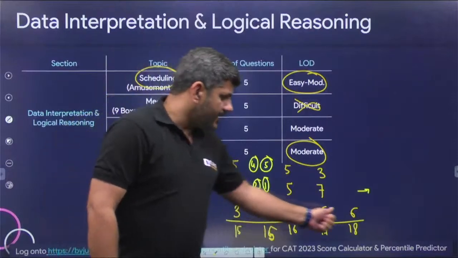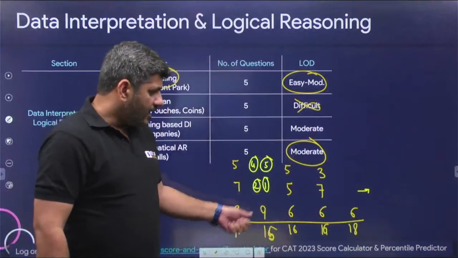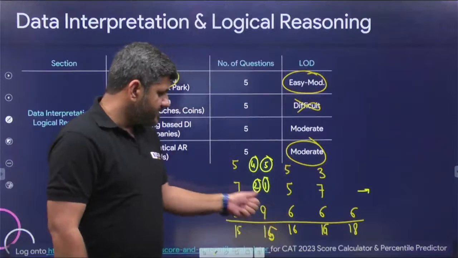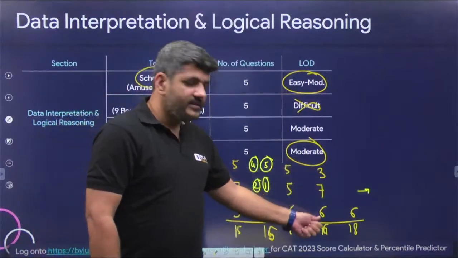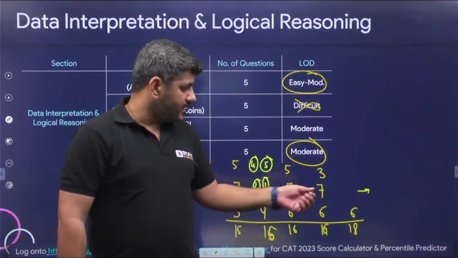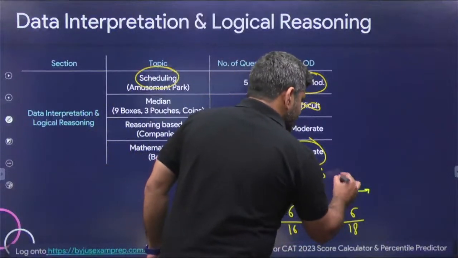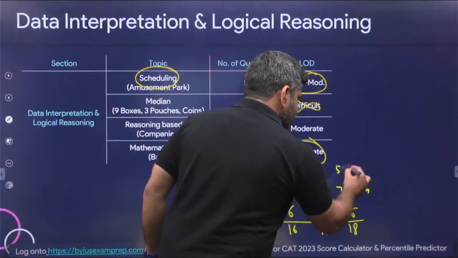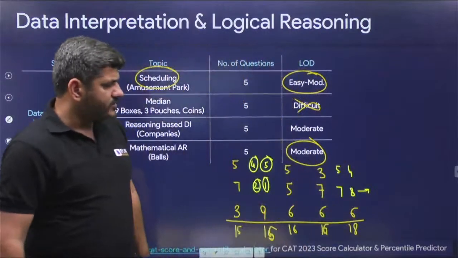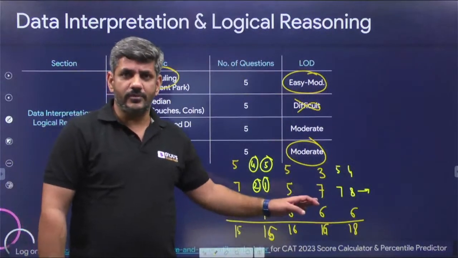But if you got this, after that you must have got 5 5 and 6, 5 7 and 3, and 3 7 and 6. These were all coming up, but for the last one there were 2 possibilities. I think one was 7 and 5 and one was 8 and 4, if I'm not wrong. These were the 2 possibilities for the last case as well, right?